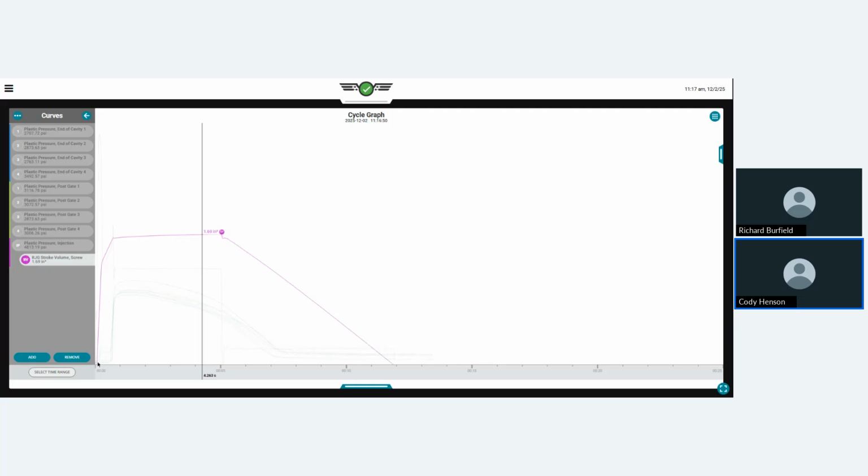So the shot size starts at the bottom of the graph, and at the beginning, we are at the full shot size. As the screw travels forward, going up in the graph, which is closer to 0, it reaches its final fill position,